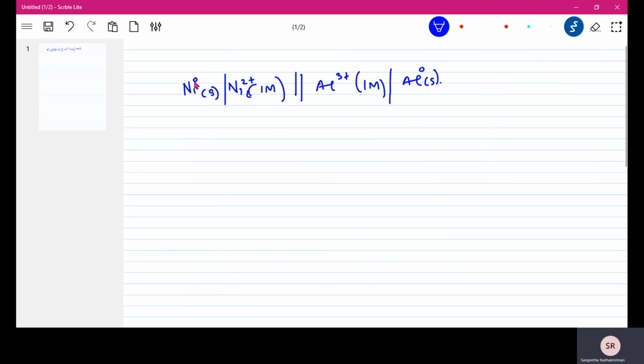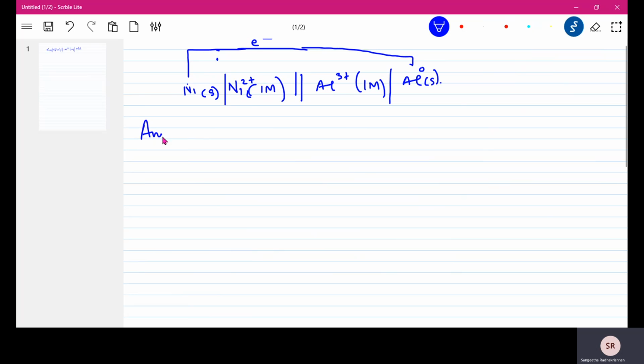How does it get oxidized? Because nickel becomes nickel 2 plus. 2 plus means it has lost 2 electrons. So those 2 electrons should travel along this wire and come to this aluminum here. This nickel is losing 2 electrons, and the 2 electrons are traveling like this. Okay, so the electrons are traveling and coming to aluminum. So the anode is connected to the cathode. Okay, now let us write the half reaction.